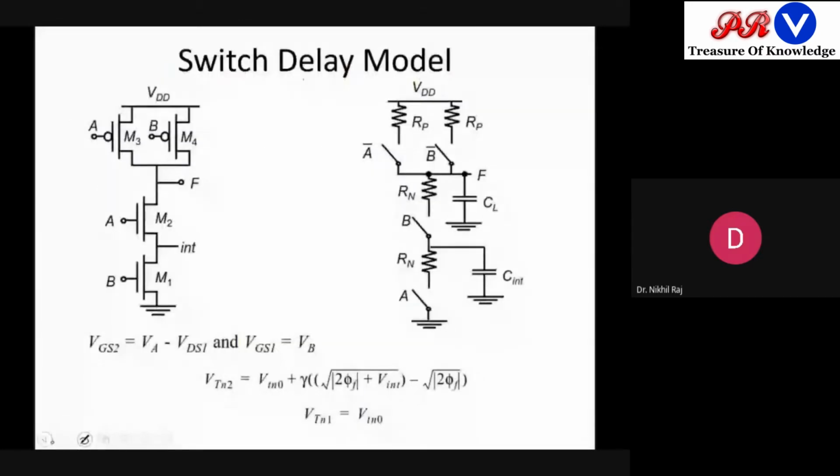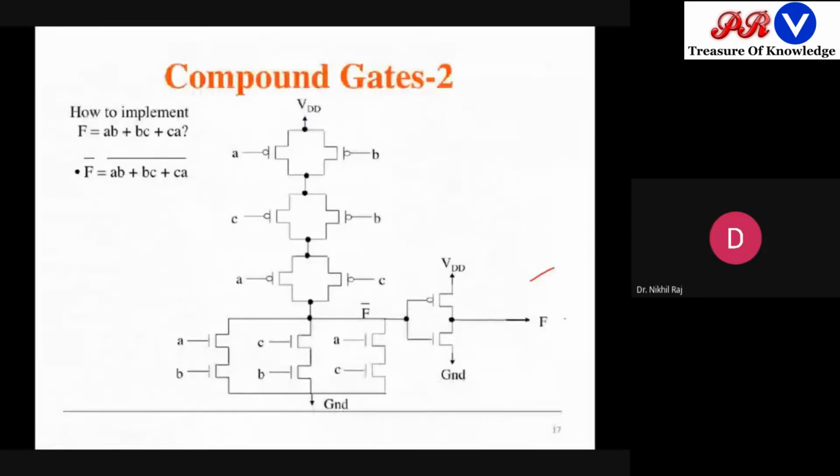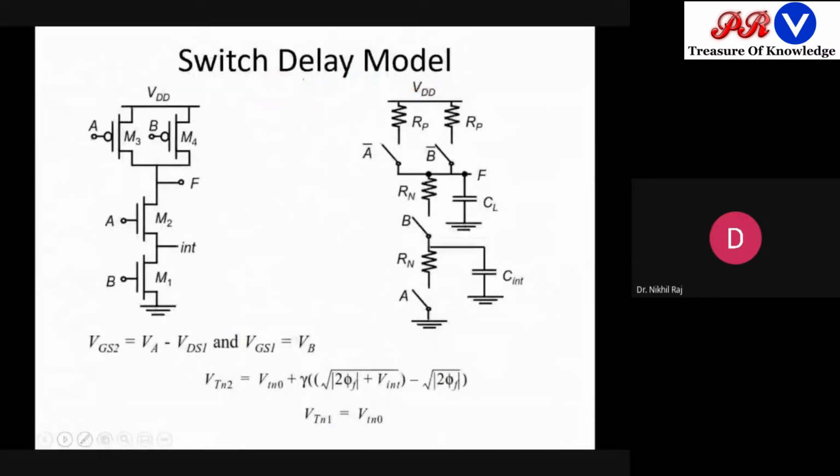Fine. So we were at this problem, and we solved this problem. Now, since we are considering these as switching logics, like a switch, we can draw a switch delay model. What happens when we switch on and off? There is a fraction of a second spent when we do the transition from 0 to 1 or 1 to 0. What that fraction of a second depends upon will determine the speed of the circuit. So let's check an example.